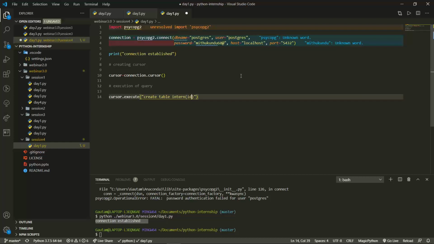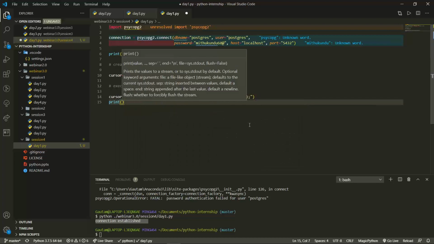Like we will pass the ID, that is a type of serial, comma, name, that is a type of text, comma, age, that is a type of int. Okay, we have written all the things that we want over here, and now that's it. We'll just terminate it right away here, and it's ready to get created. Once it's completed, I'll print "table created",